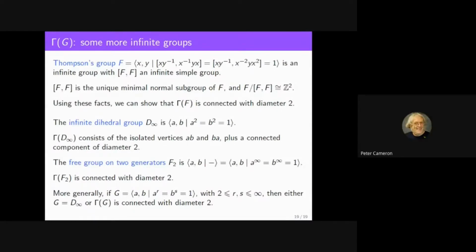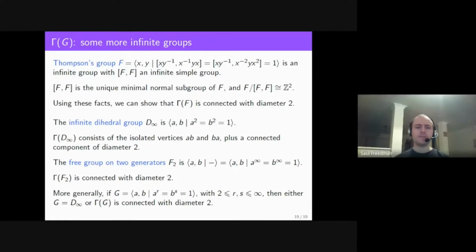If you want it as words, any power of AB apart from either AB or its inverse will lie in this component, and you can go via either A or B in 2 steps. Again, it's been a while since I looked at this, but I think there is a lot of choice for the paths between the two elements. Okay.